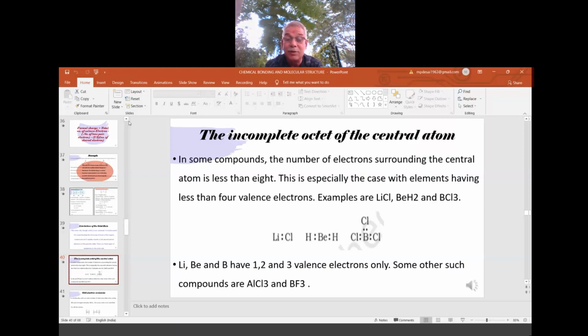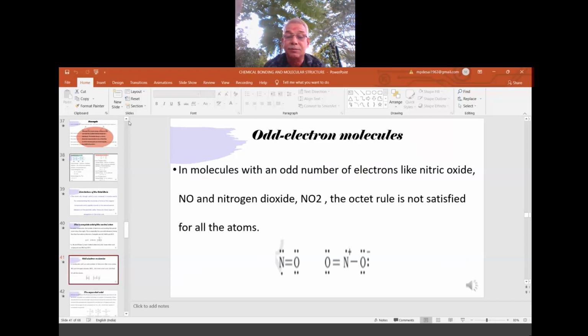In the beryllium, we have what? 4 electrons, less than 8. In the same way, BCl3, boron trichloride, is also less than 8. So all these examples are stable. You have seen stable compounds of these in the laboratory. So that means they are stable with less than 8. So that means 8 is not the only criterion; that is the limitation. Now, odd electron systems, odd electron molecules.